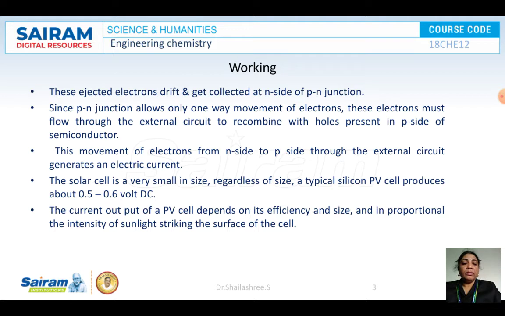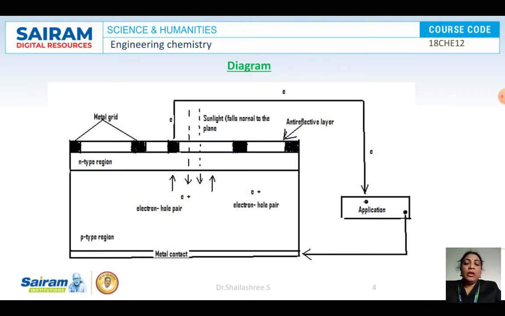This is a typical diagram of the photovoltaic cell. I just told you before, but let us talk about the diagram once again. At the top of the solar cell there is a metal grid, and at the back side or bottom of the solar cell there is a metal layer. The metal layer is coated using an inert metal like silver or other metals, and at the center of the solar cell there is a PN junction. The top region is referred to as the N-type region, and the bottom region of the solar cell is referred to as the P-type region.